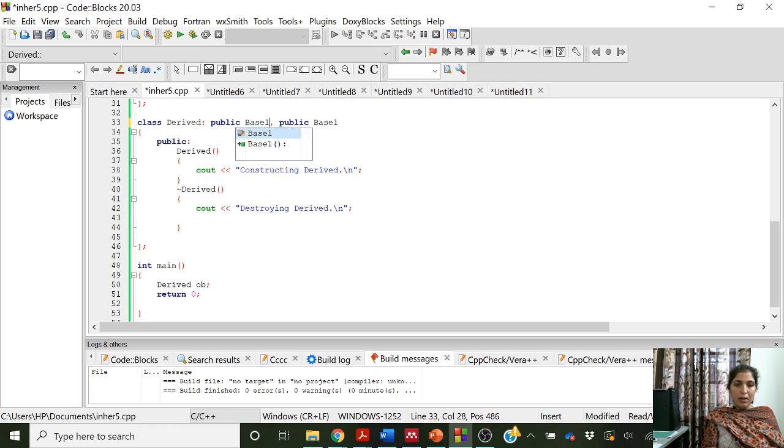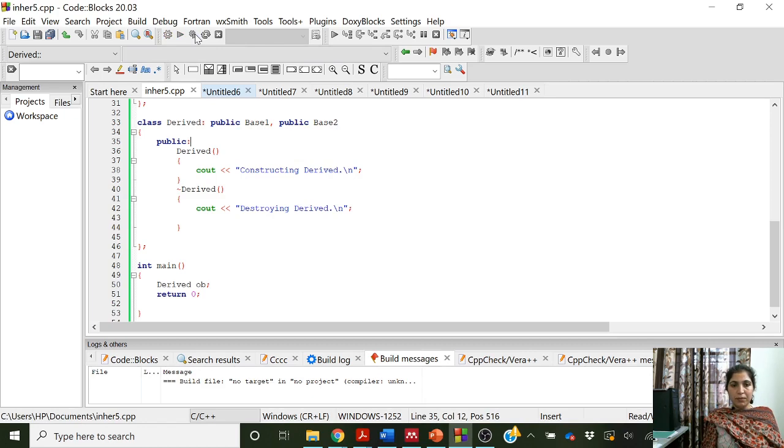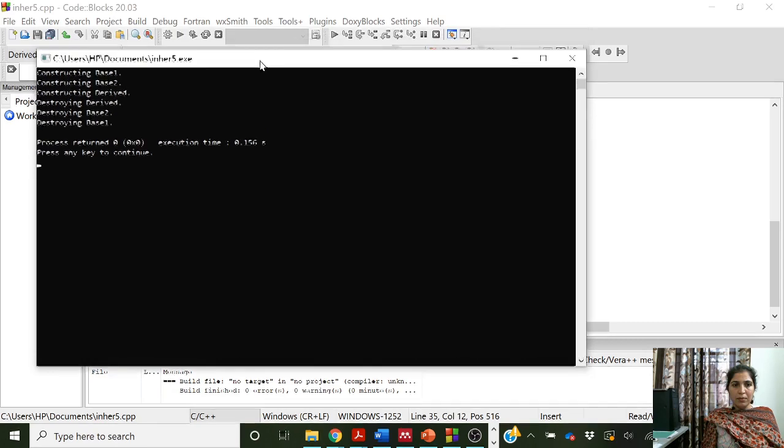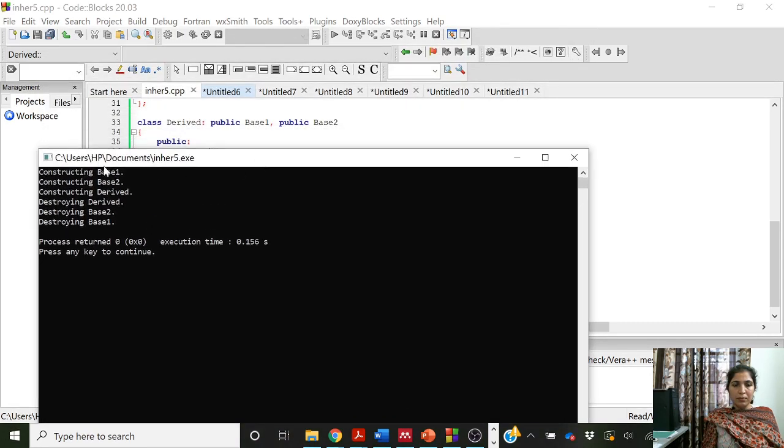Let us rerun and confirm this. Constructing base 1, constructing base 2, constructing derived, then destroying derived, destroying base 2, destroying base 1.